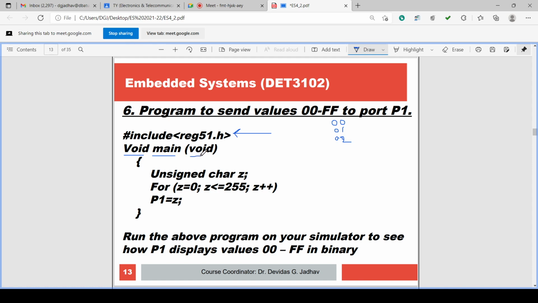And main is a function which is not taking any argument, so no arguments are passed, and this bracket also has void.